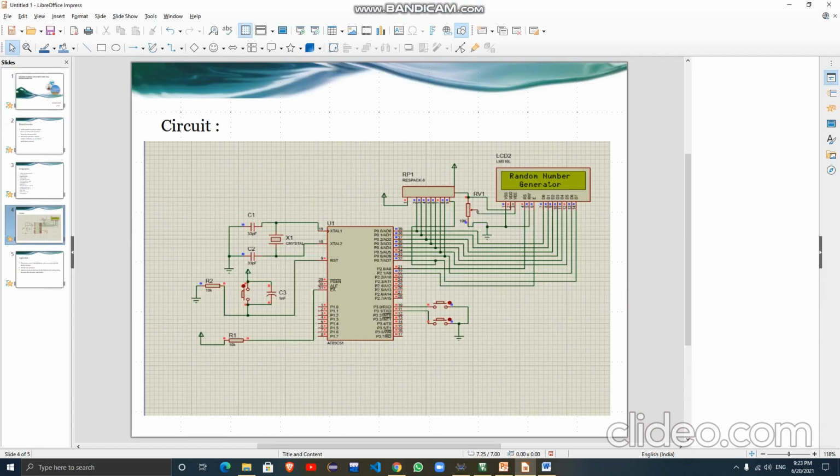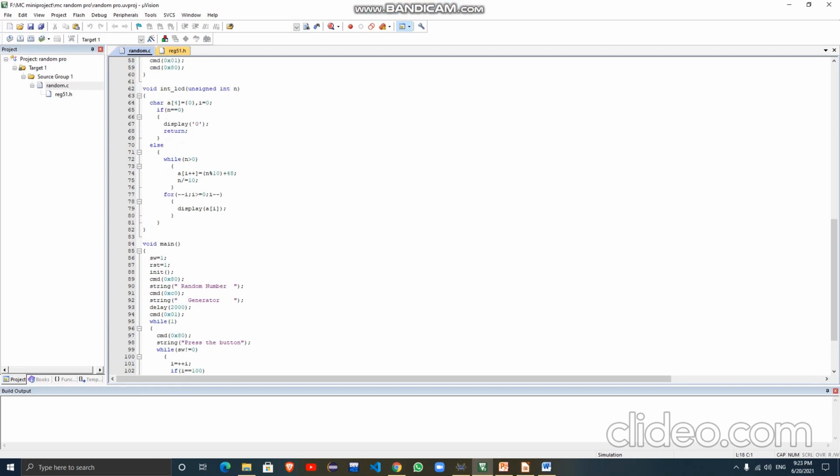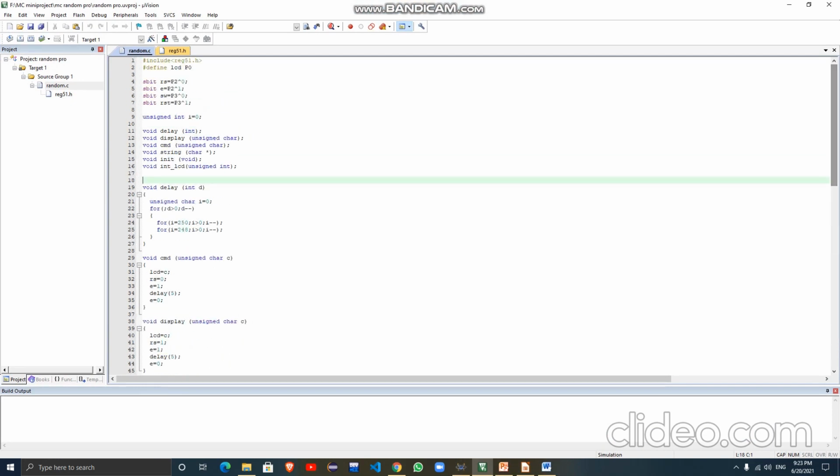Now I will show you the code and the software. This is the C code which I have written. I already executed it. You know how to execute this in Keil software. It's Keil MicroVision 5.